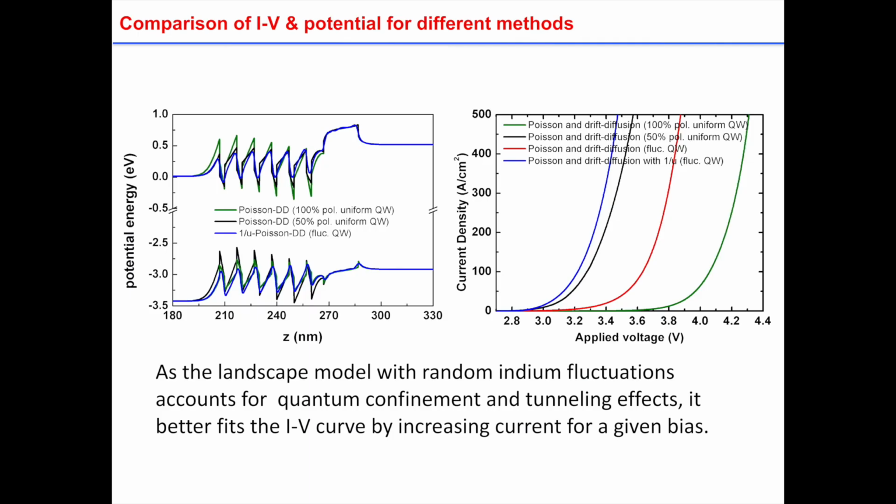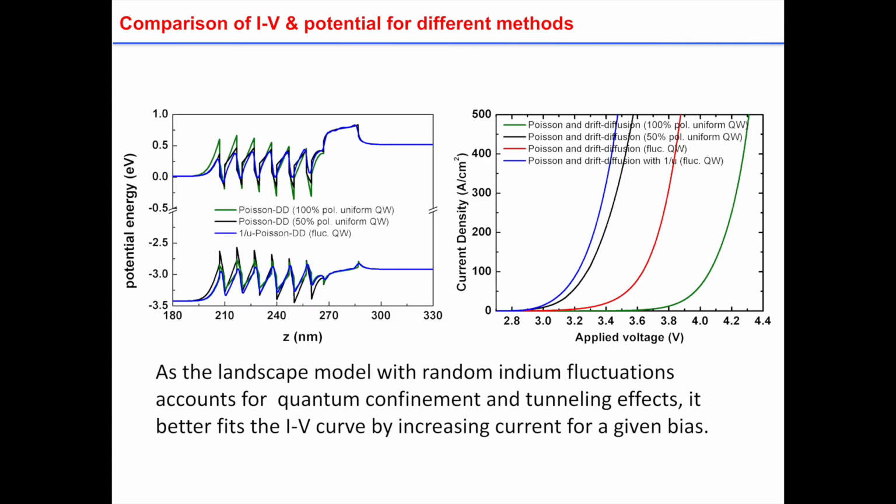Commercial softwares do better than that. Of course, you have commercial softwares which will give you something very near what is being measured and what we compute here with disorder. What they will do is artificially diminish the internal electric fields in an LED by saying, well, we take 50% of the computed electric fields instead of 100%. Of course, when you take 50%, you diminish those spikes, electrons travel more easily, and you diminish the applied voltage.